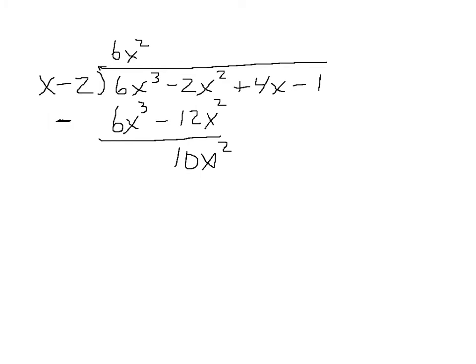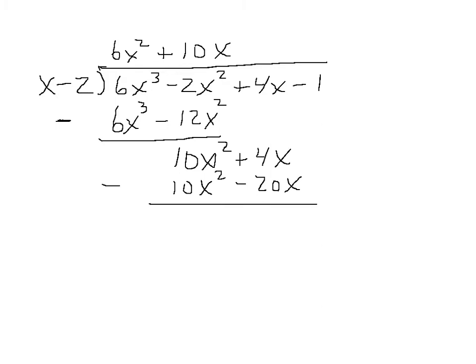Now what do you do in long division? You bring down the next term. And so I bring down plus 4x. And I repeat, which means I take x and divide it into 10x squared. And if I do that, I get plus 10x. And then I do exactly what I did before, is I multiply. And I get 10x squared minus 20x, and I subtract. And I get